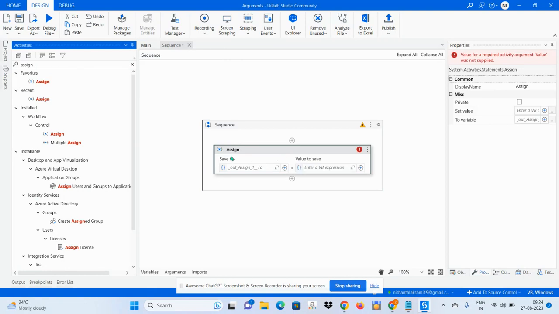and then here you will get to know what this Save To means: in which variable you want to save. Choose where to save the value. You are going to save some value, but in which variable you want to save, it is asking. And here Value To Save: what value you want to save. Okay, so here what we will do is,